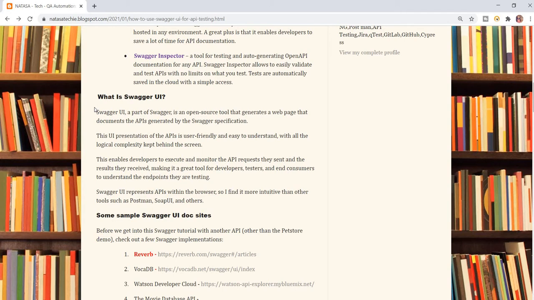Okay, and what is Swagger UI? I hope you understand. As I told you before, Swagger UI is nothing but some applications. Those applications contain an API URL, which is the request URL. Based on that request URL, you get a response. Based on the response body, you understand how the application behaves for the customer and the user.